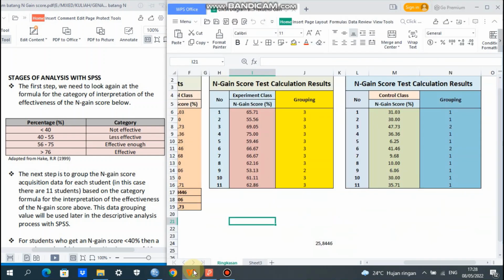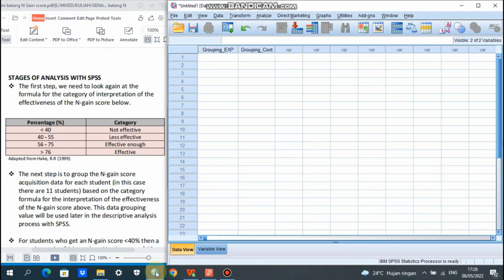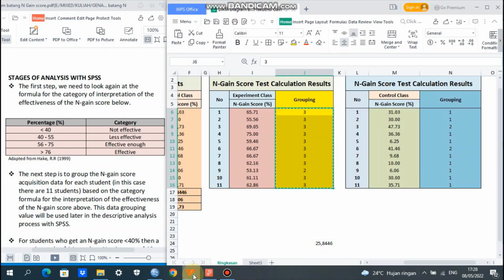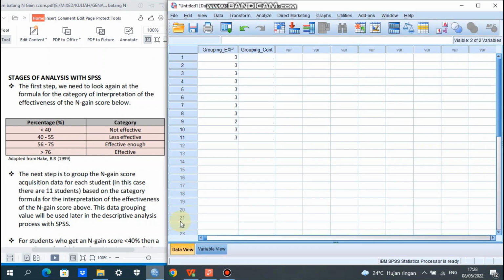Okay, we just copy the data, we input the data from Excel, we copy, and then we paste it in SPSS. Just paste it here for grouping experiments. We go back to Excel data. We copy for the control class and we paste it in grouping control here.